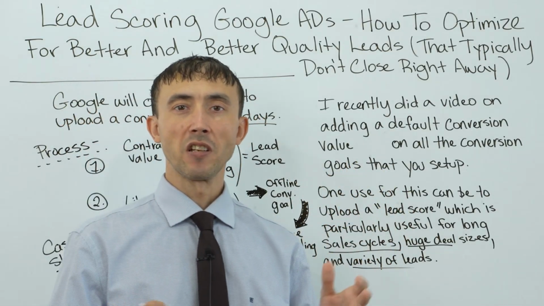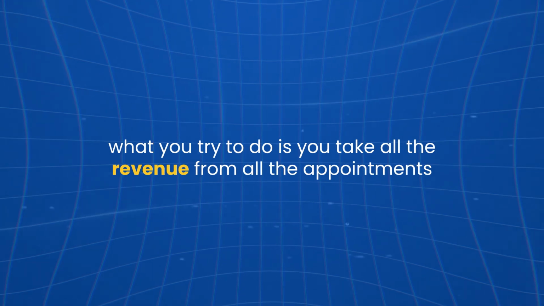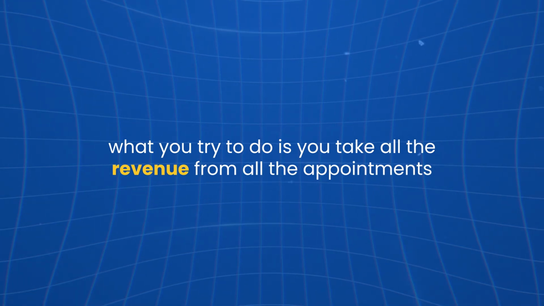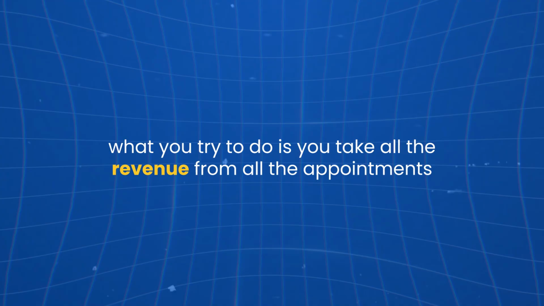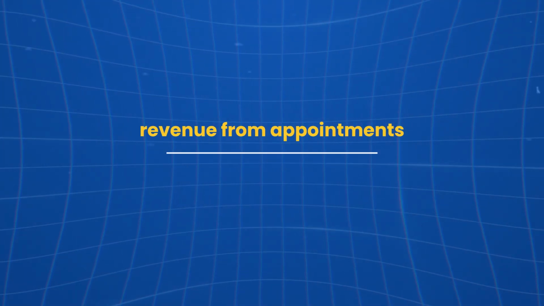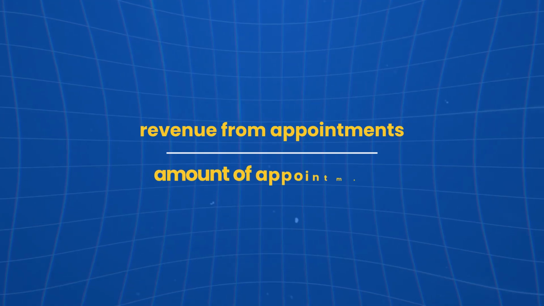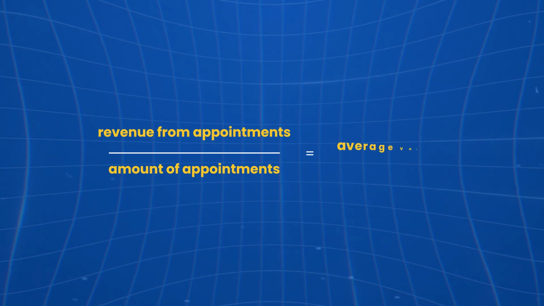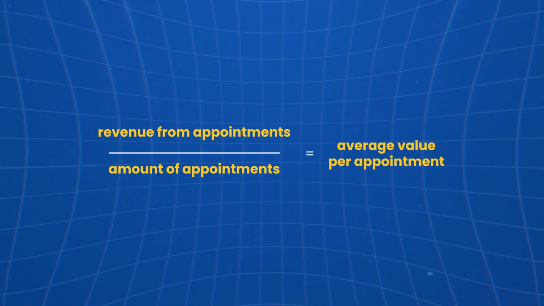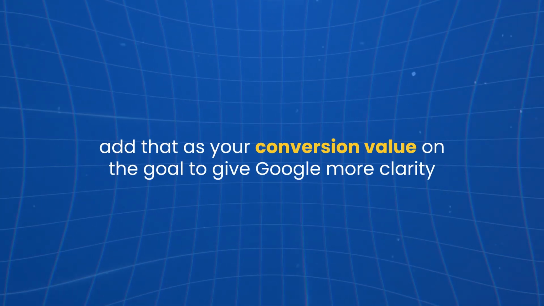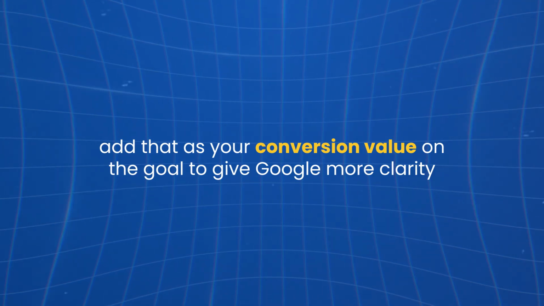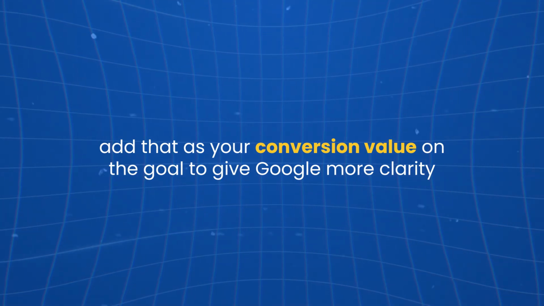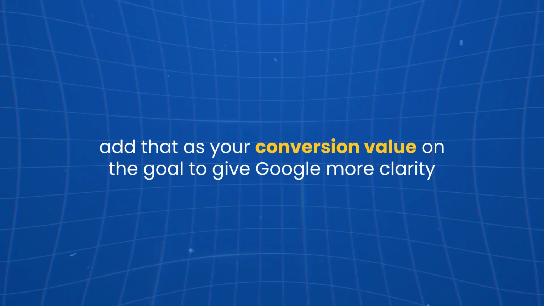So in that particular case, what you try to do is you take all the revenue from all the appointments that you normally set and come from the appointments itself, and then you divide that essentially by the amount of appointments that you get, and then you get basically an average value per appointment. And you add that as your conversion value on the goal to give Google more clarity as to what this particular goal is worth in context